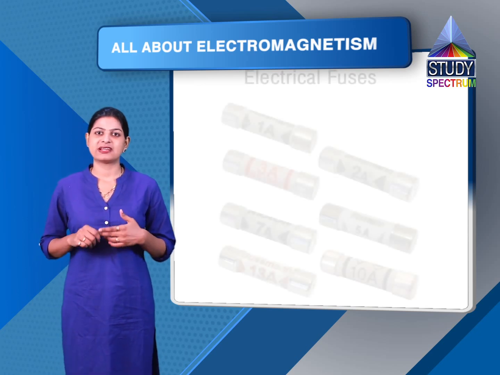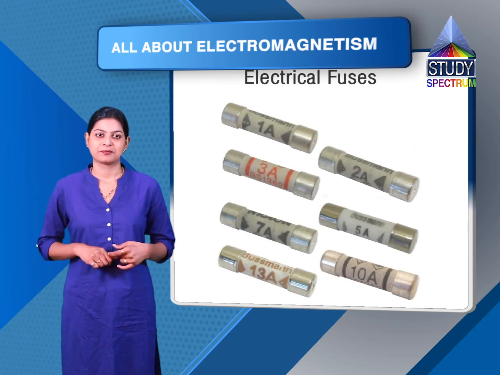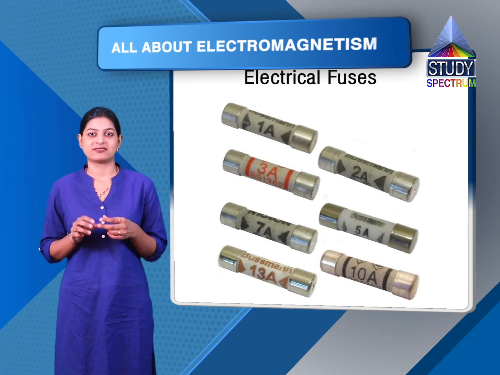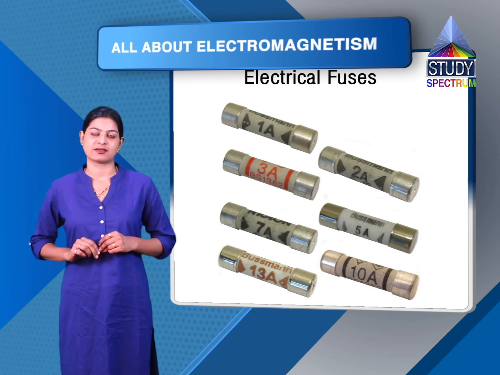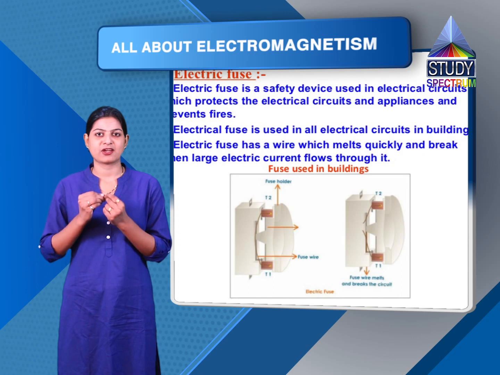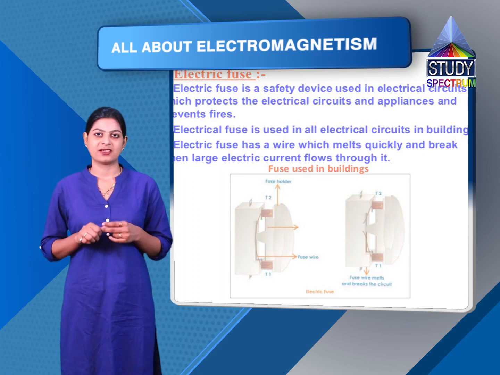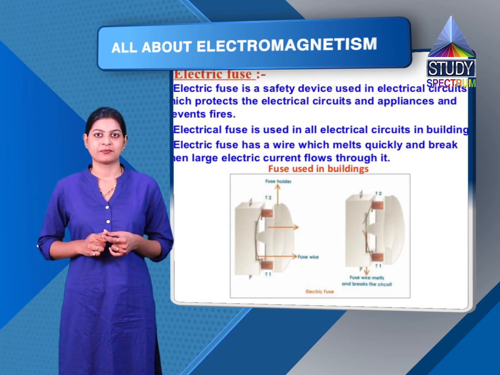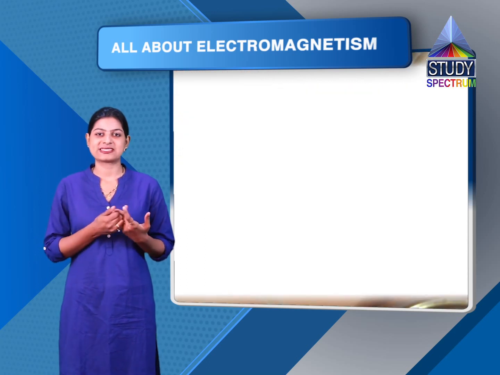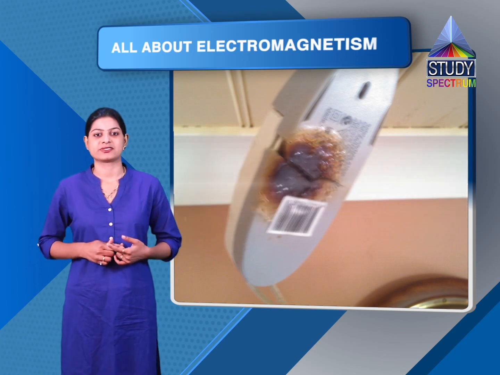The other precaution that we can take is to use electrical fuses. Electrical fuses are electrical circuit breakers. Electrical fuses help if there is some excess supply of electricity through an appliance. They always cut down the supply at the same time, because of which we can save our appliances from getting burnt due to excess supply of electricity.